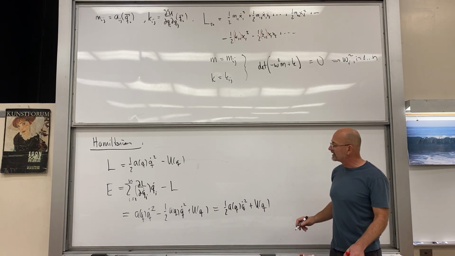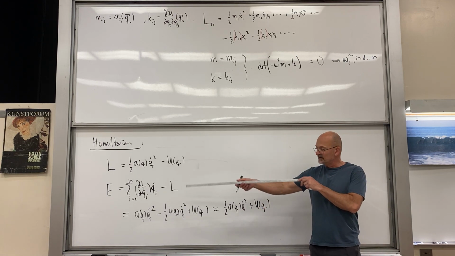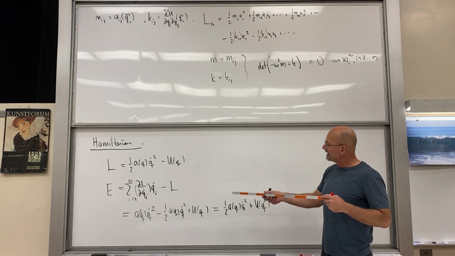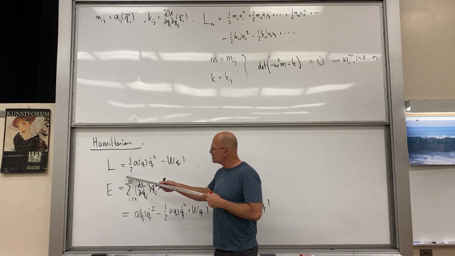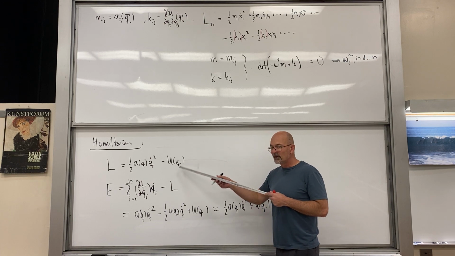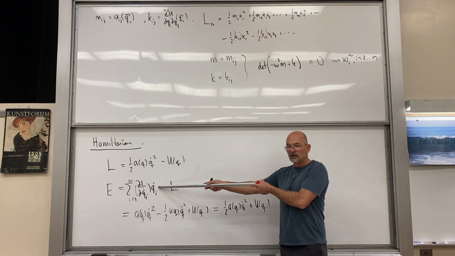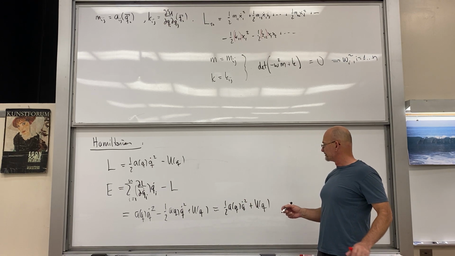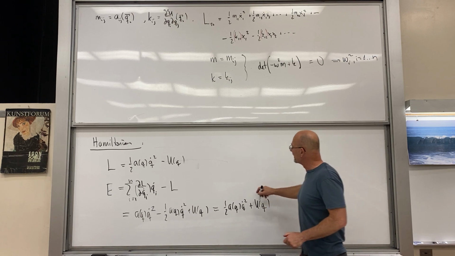Like I said, in these basic cases, you can just cut to the chase. I've done this often enough, but for a Lagrangian where you're not seeing this form, you're definitely going to want to do this. Now, this is not yet the Hamiltonian,